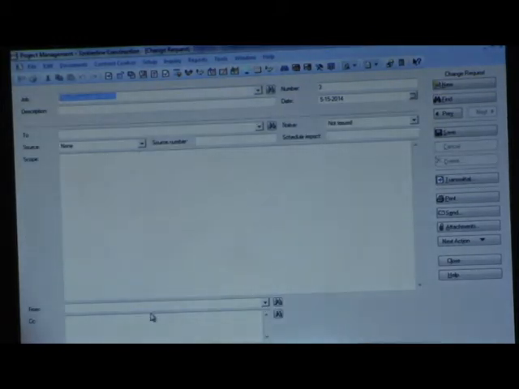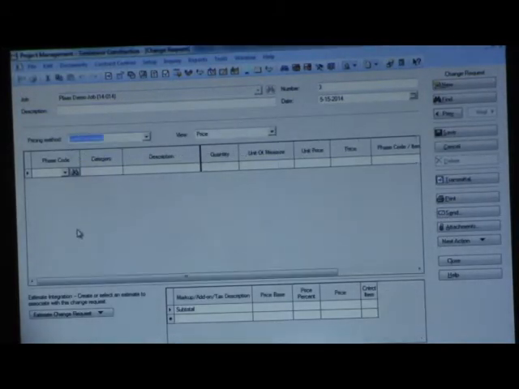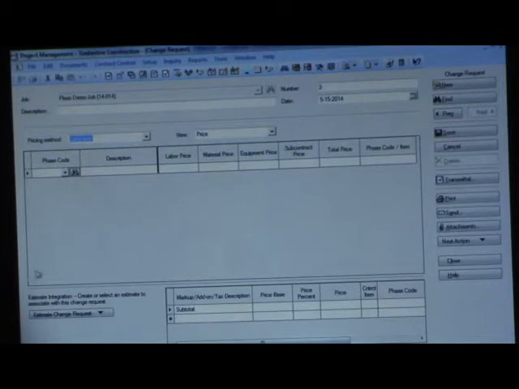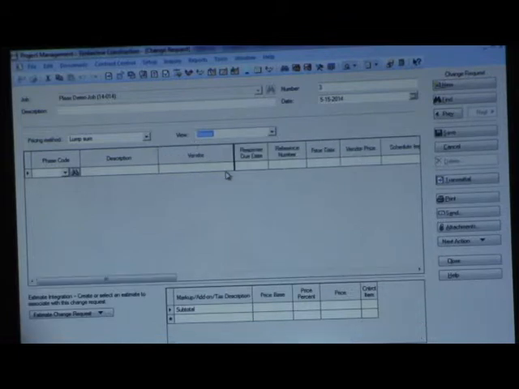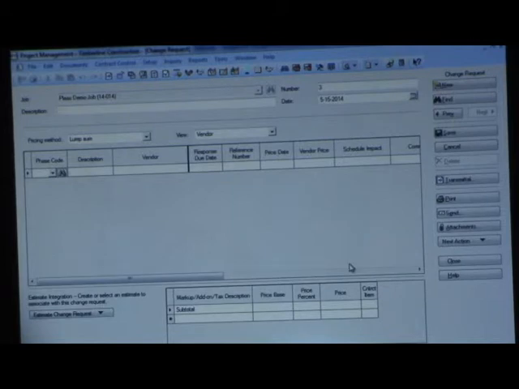And when you first come in, you can specify, do I want to work in time and material mode, in which case it'll give you a quantity and a unit price column, or do I want to work in lump sum mode? And then once you've set the mode, in order to control which columns you see and which you don't, they created the notion of things called views. So each of these are presets of which columns are displayed and which columns are hidden. So if you go to the vendor view, it hides most of the columns but shows you the ones related